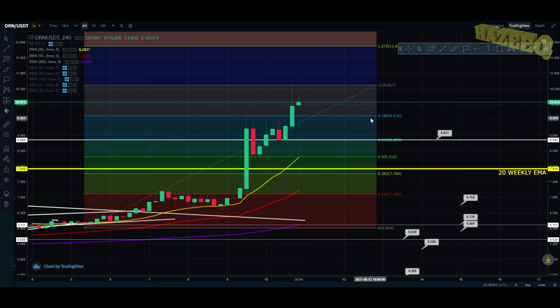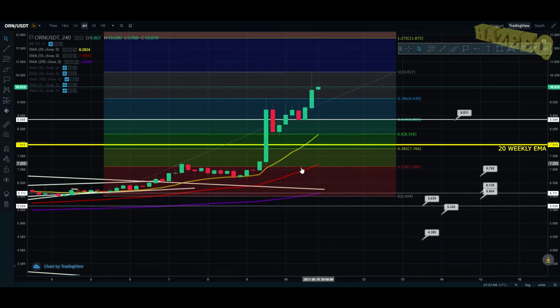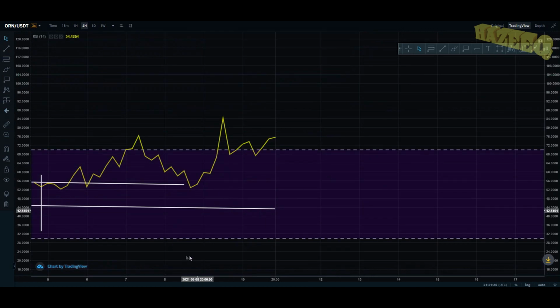So obviously we're gonna have a nice support level here at the 786 on the fib, but we're probably gonna lose it because we're a bit overextended from the EMA. So potentially we're coming back down and bouncing off the EMA. Losing that and failing that, we're coming back down to the 55 EMA on the 4-hourly chart, and that is pretty much where the 236 on the fib is. And that is $7.18. But we have been quite overextended, so it's even possible we come back down to the 55 EMA. Also, there is a bearish divergence that I want to show you on the 1-hourly chart, but